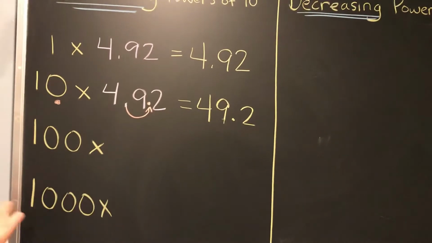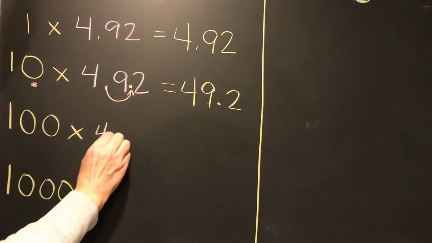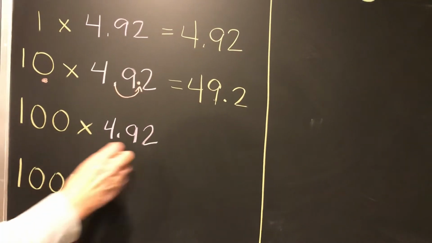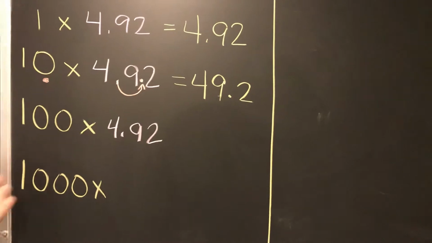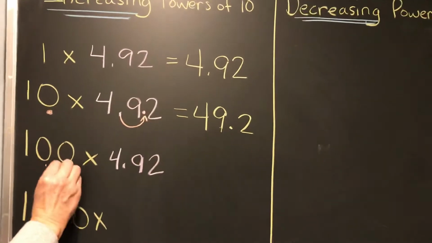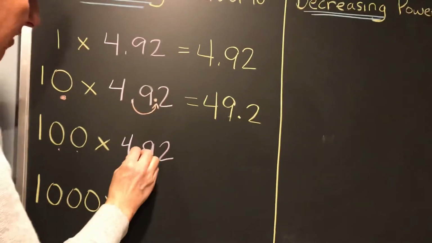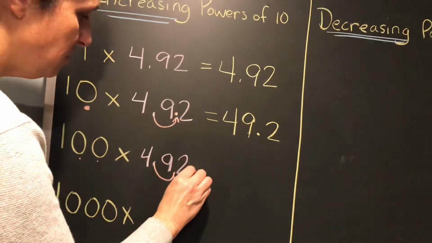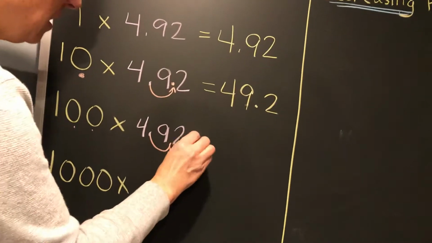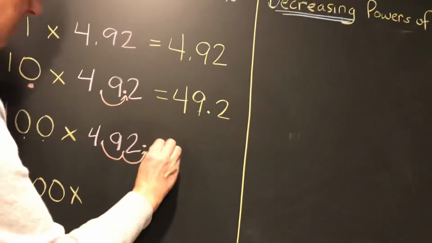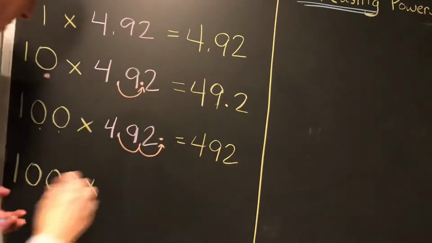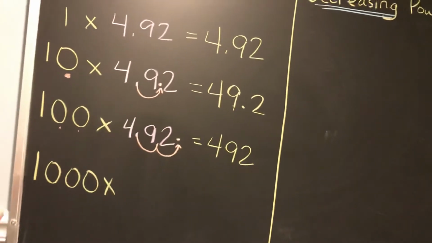100 times 4 and 92 hundredths is going to be 100 times larger. To show that, we're going to make 2 swoops to the right. So this is times 10, times another 10, which is a total of 100. And our decimal travels there. So your answer is 492. If we have 1,000